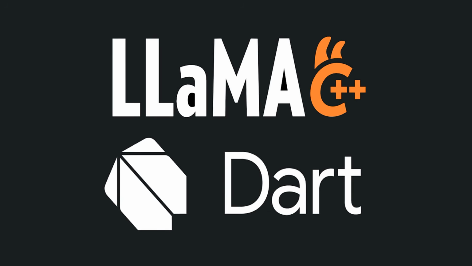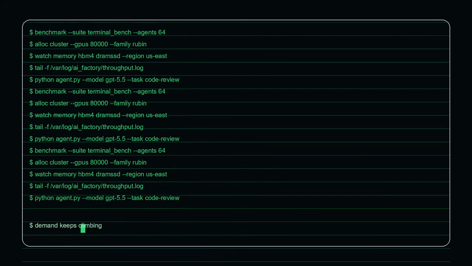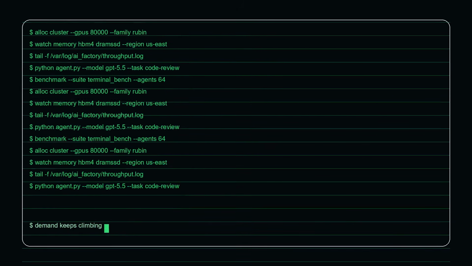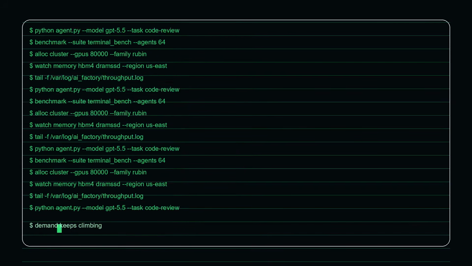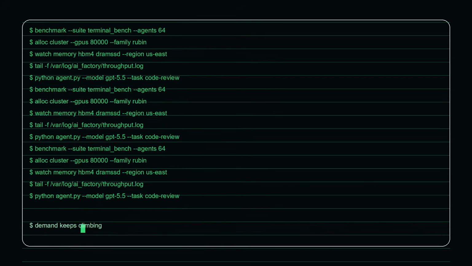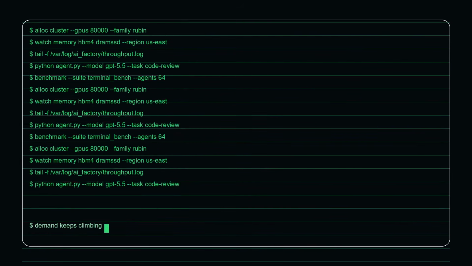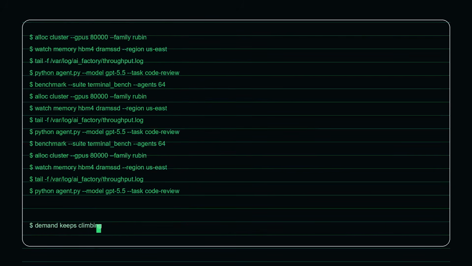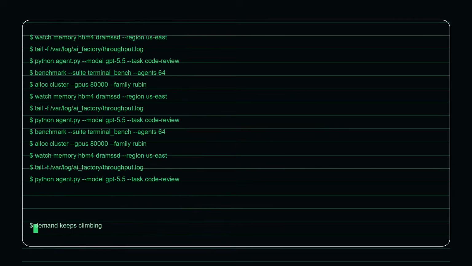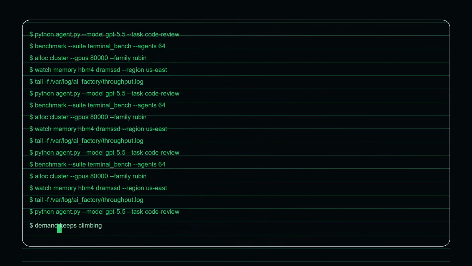Mistral Small 4 is pitching an open hybrid model that can handle reasoning, coding, tools, document work, and structured outputs. Put that together, and the real story is this. Local AI is no longer just about running something offline because you can. It is about choosing the right layer of control. Lower latency, lower recurring cost for repeated tasks, better data locality, more predictable behavior, and in some cases, better security because